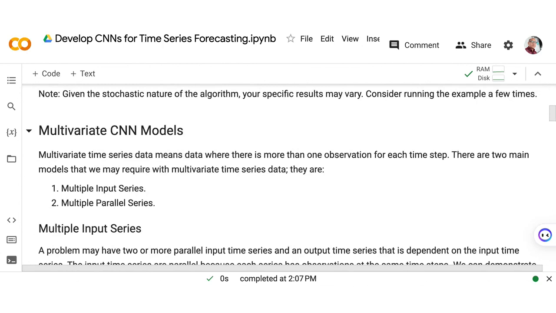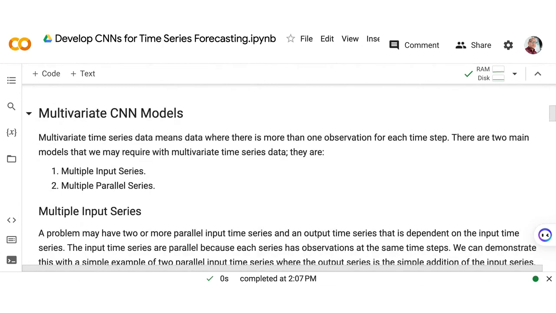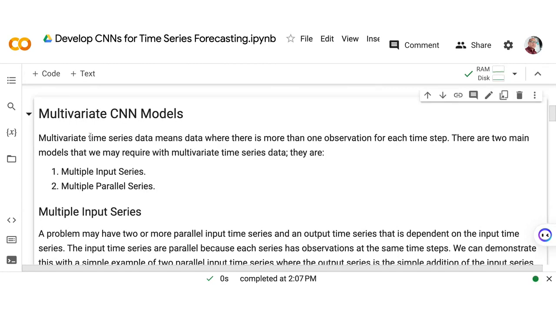Now, that is the application for univariate. So let's proceed now with multivariate CNN models. Okay, so in CNN models, especially in multivariate, we identify multivariate as time series data where the data has more than one observation for each time step.